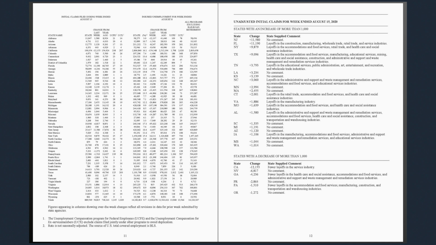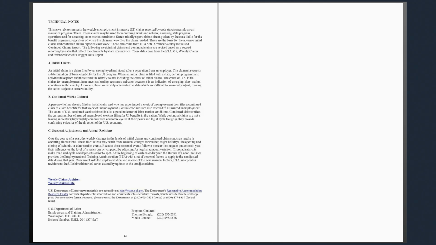Minus 2,864. Pennsylvania. Minus 1,510. Fewer layoffs in the accommodation and food services, manufacturing, construction, and transportation and warehousing industries. Oregon. Minus 1,272. Technical notes. This news release presents the weekly unemployment insurance (UI) claims reported by each state's unemployment insurance program